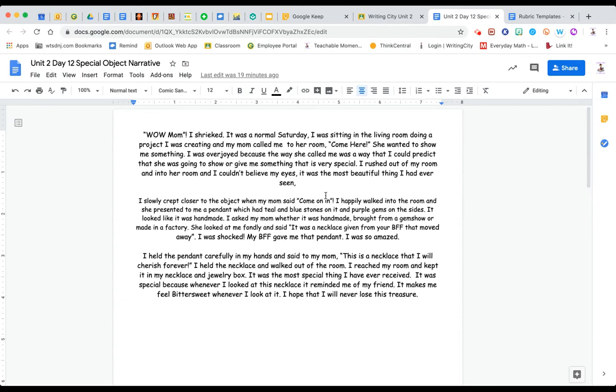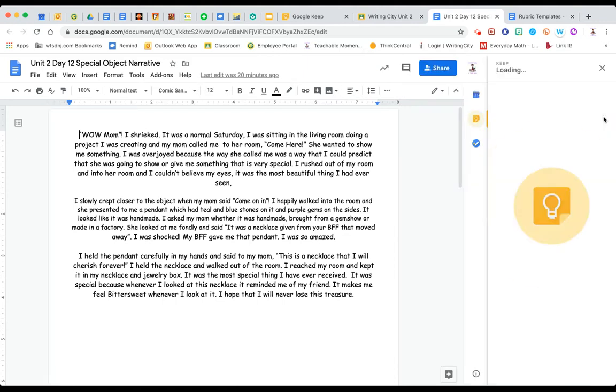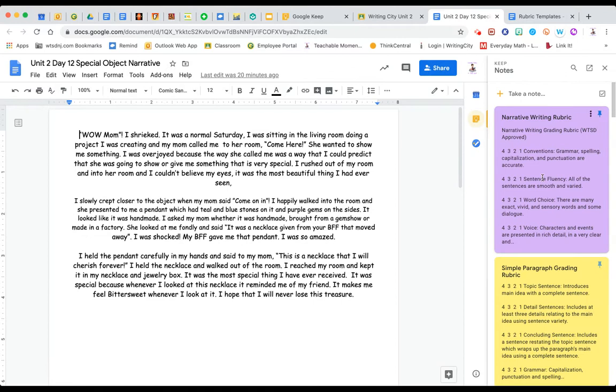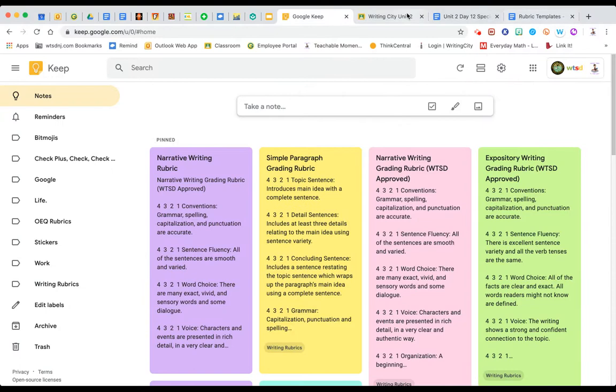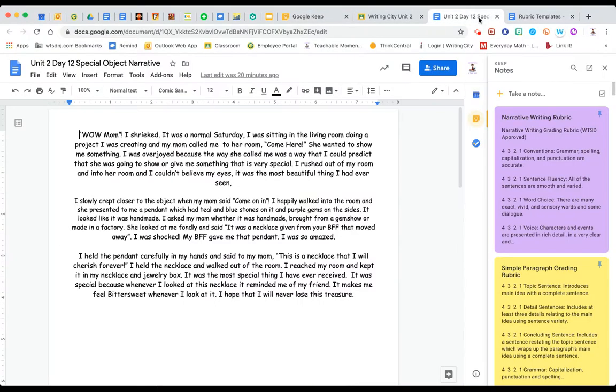Biggest thing you're going to want to know is about the side panel that's here. This side panel is going to come up in Google Docs, Google Slides, and Google Sheets. This is the game changer for using your Google Keep notes integrated into these Google apps for education. All I'm going to do is find the Google Keep icon and click it, and it will open up this sidebar and open up all of the notes that I have in my Google Keep